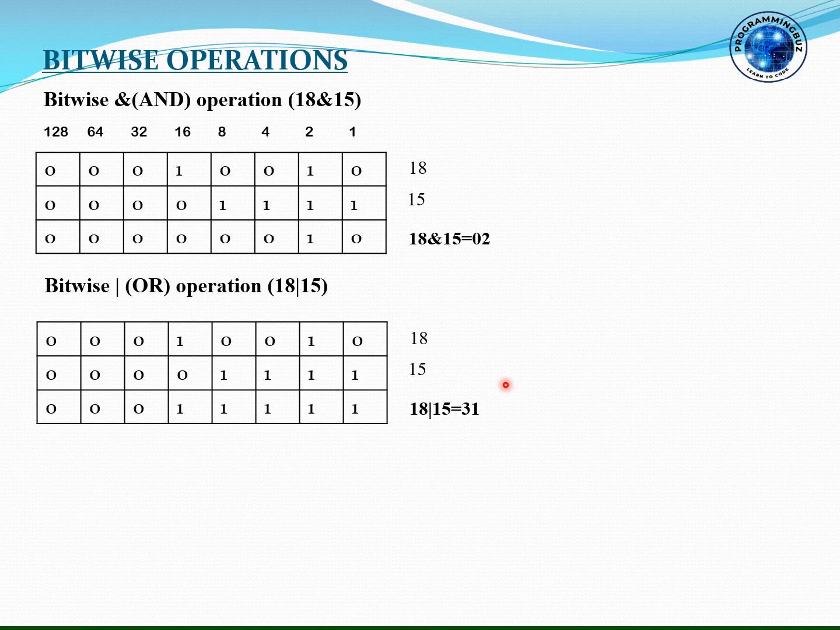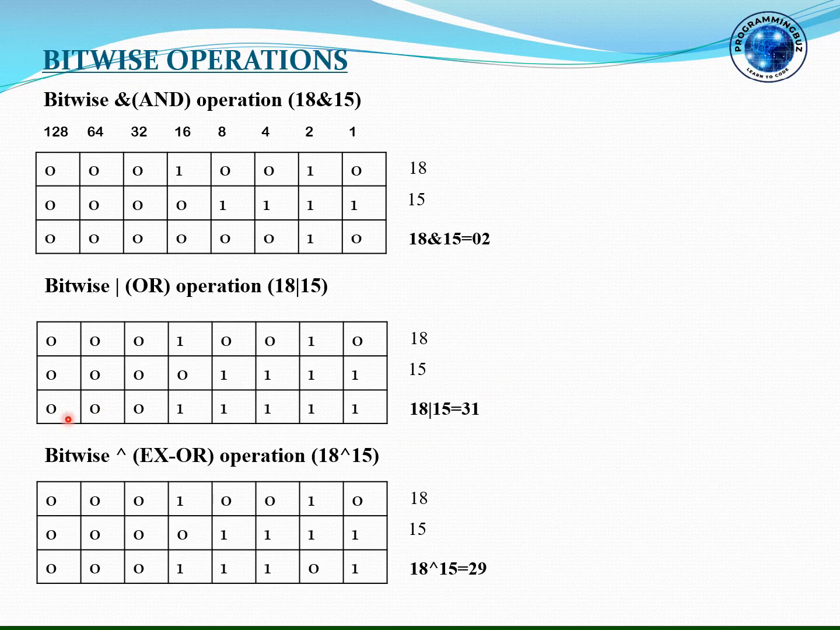So if you know the truth table, then you can easily calculate any AND or XOR operation. So let us see the next operation, which is the EXOR operation. So this is the EXOR operation. We are using the same two numbers here, 18 and 15. So let us do the EXOR. So according to the truth table of EXOR,